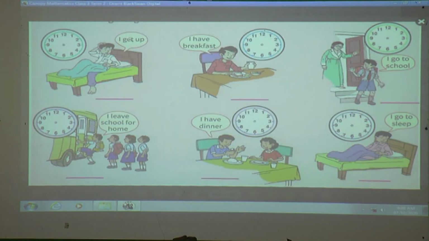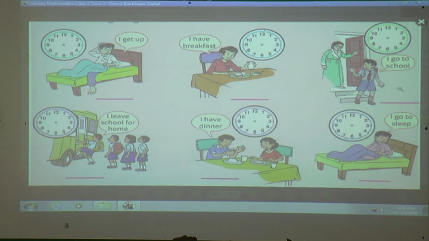See here, I get up means when do you get up? That time you have to show in this clock. Okay, see this first picture. When do you get up? Whenever you get up, that time you have to show in this clock. Okay, and you have to write that time here on the line also. Then I have breakfast means your time of breakfast. When you have breakfast, that time you have to show in this clock. Okay, then